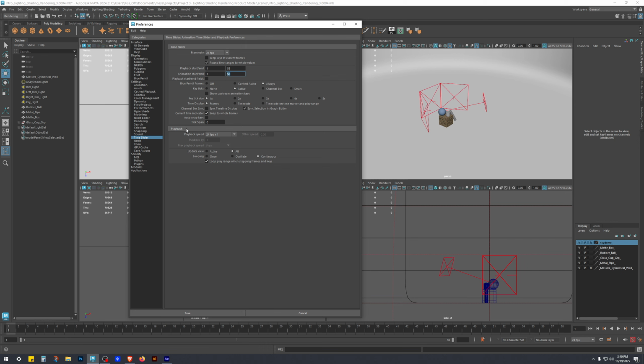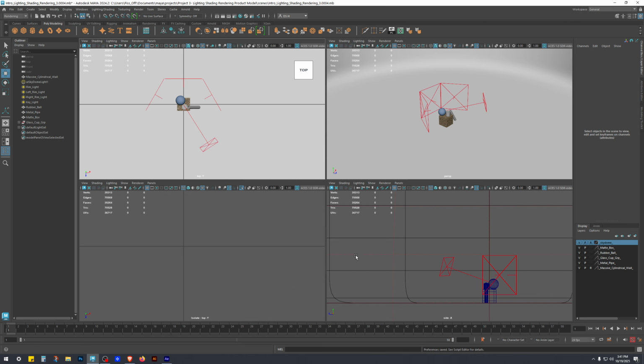Ultra important, playback speed, 24 frames per second times 1. And then you could have it at all or active, but I'll just put it to all, continuous, all that stuff, and then hit save. Okay, after that,